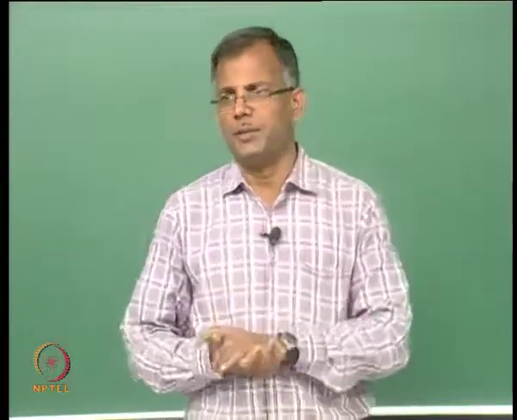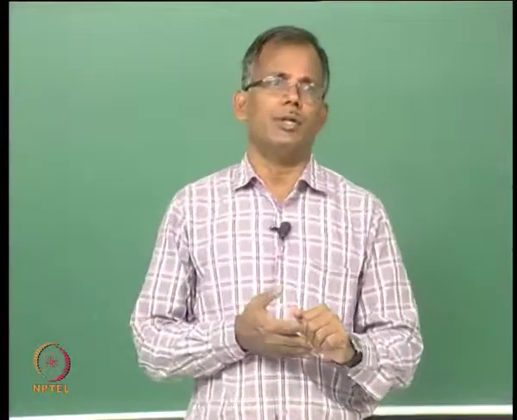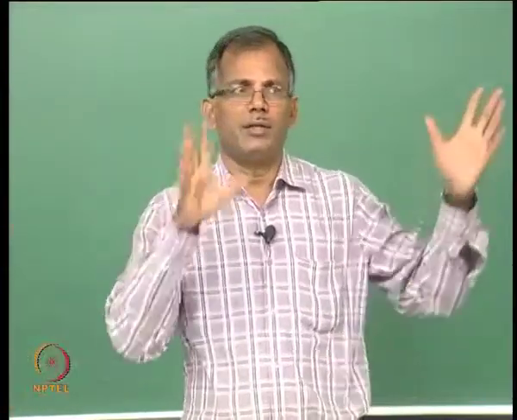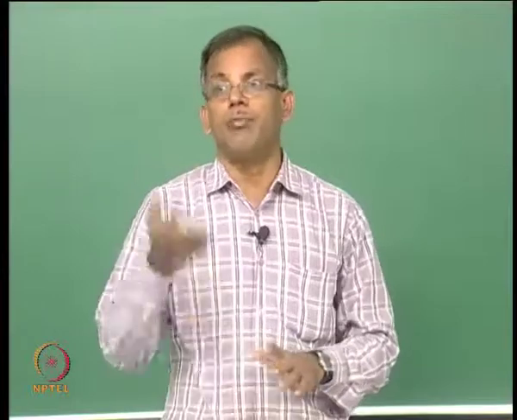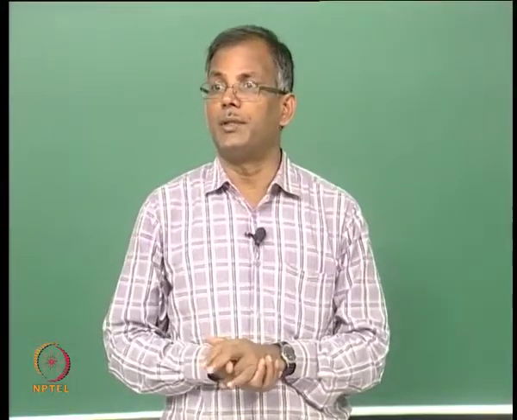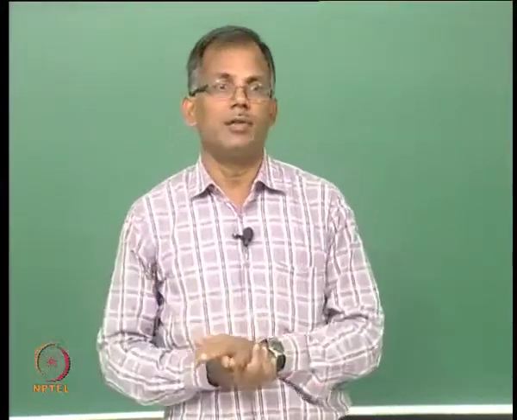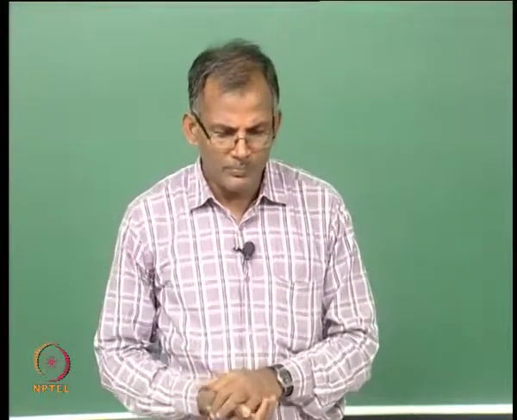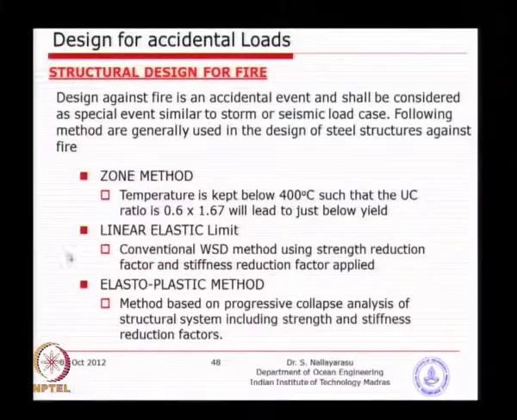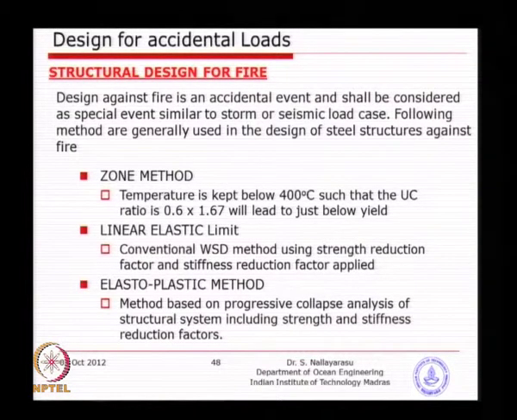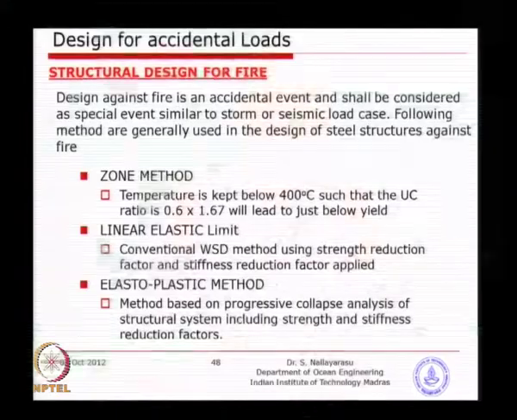But in some cases people have attempted to do a fire simulation, to see if you lose one of the legs, whether the system can still be stable, because during fire you could get such a situation where one side of the leg is damaged or collapsed. Such analysis takes into account the plastic capacity available. That means beyond yield, you might have seen we have been using a triangular stress distribution for elastic, and when you go to plastic, you have a rectangular stress distribution. So, the distribution across the section and distribution along the length.